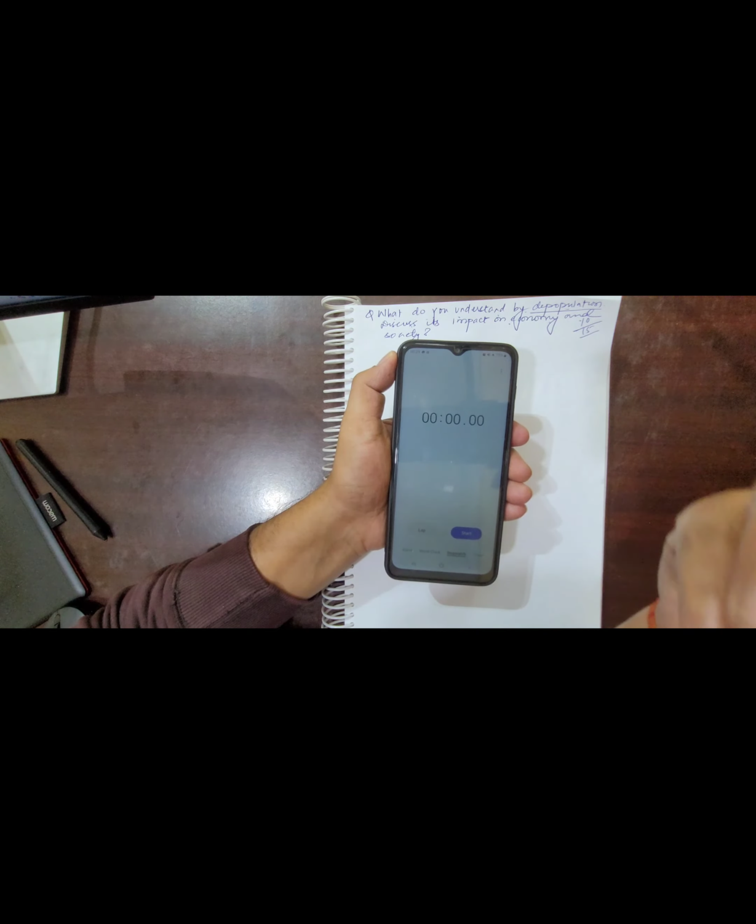So the first part says, what do you understand by depopulation? I'll directly start. I'll write that depopulation refers to decline in the population. Then I will give the context.